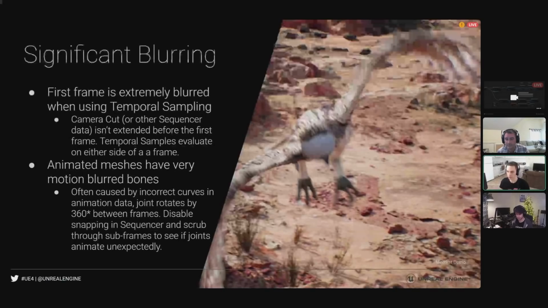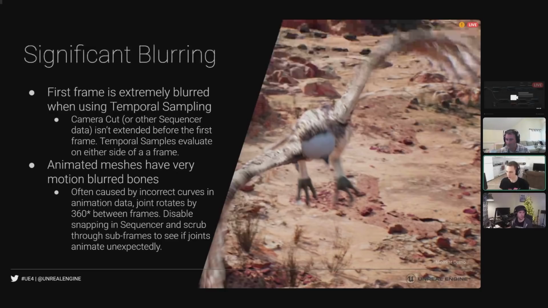So if you're seeing significant blurring when you start using temporal sampling, especially on the first frame, usually what that means is that you've actually sampled outside of the data range that sequencer has. The next slide has a screenshot showing this. What happens when you use temporal sampling is that instead of evaluating exactly frame 0 as you see in sequencer, we start evaluating a little bit before frame 0 and a little bit after frame 0.